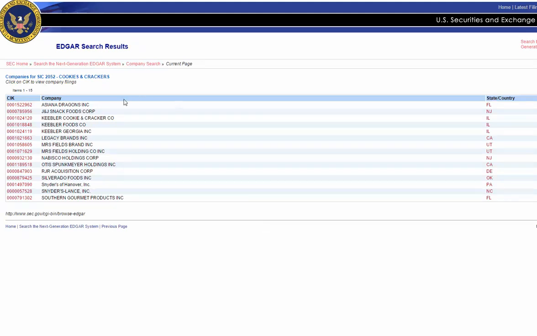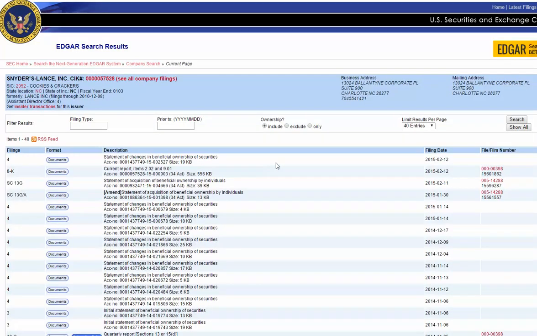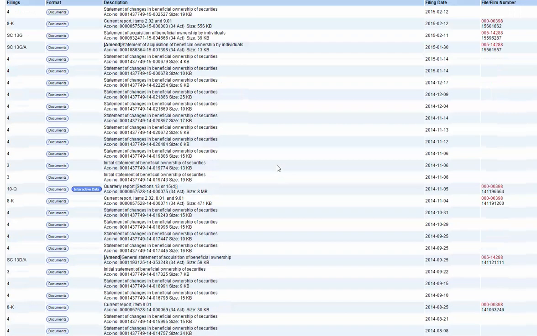Once I do that, it'll give me a list of companies. Now, not all these companies will have 10Ks. Some of them are holding companies. You might have to search through them. I'm going to look, and there's different related companies, like Snyder's of Hanover may be related to Snyder's Lance, but I'm clicking Snyder's Lance. Now, once I click Snyder's Lance, you can see Snyder's has a lot of different documents